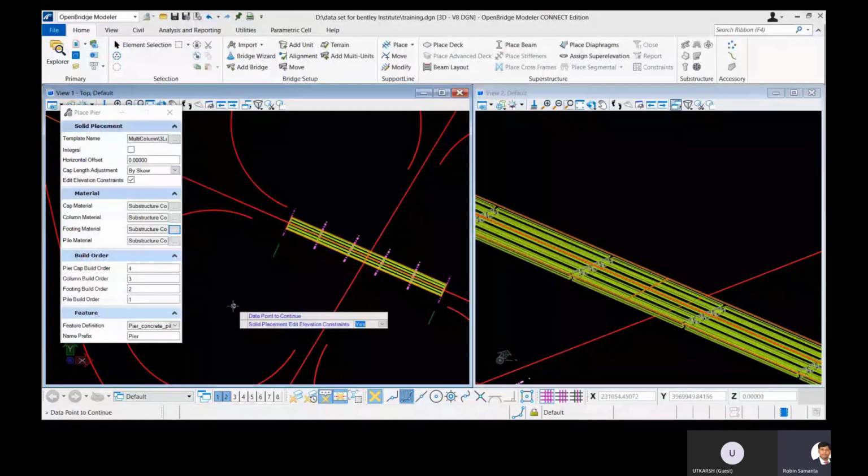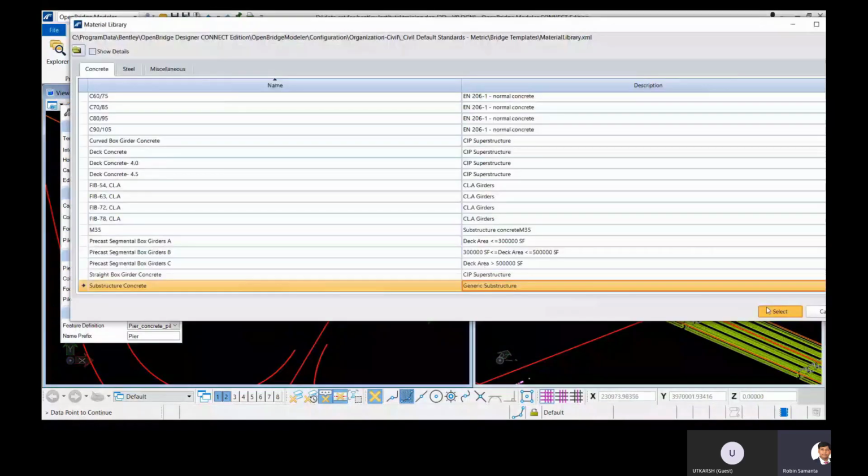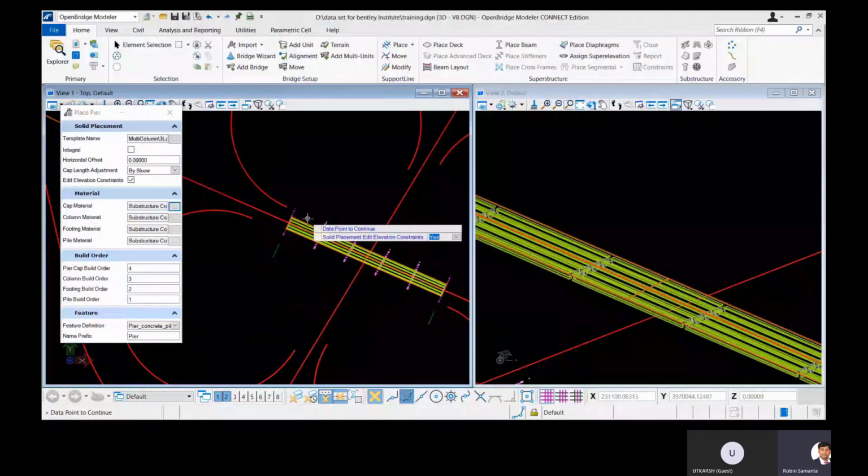So that is here. You can see I have given 1, 2, 3, 4, right? And then once you select it, you select by left click, OK, select the data point by support lines, OK it, and then you will get an edit constraint table that is for placing your elevation constraint.